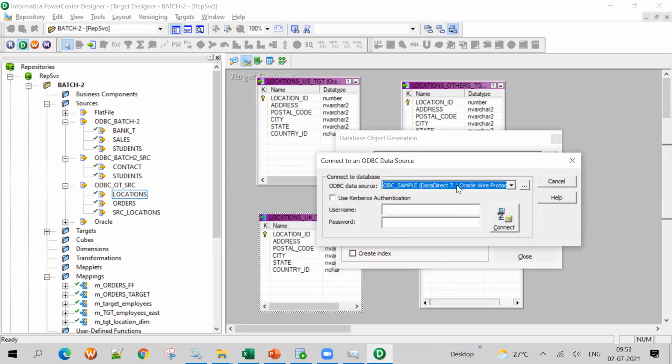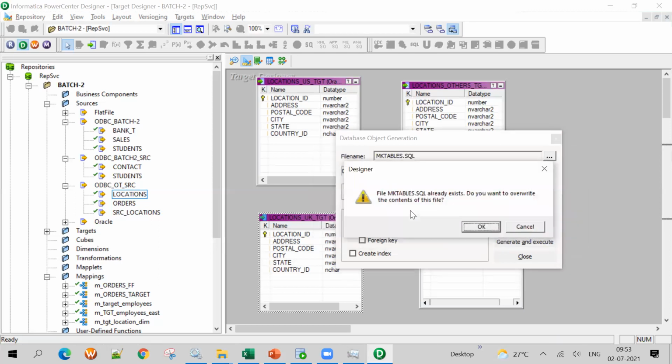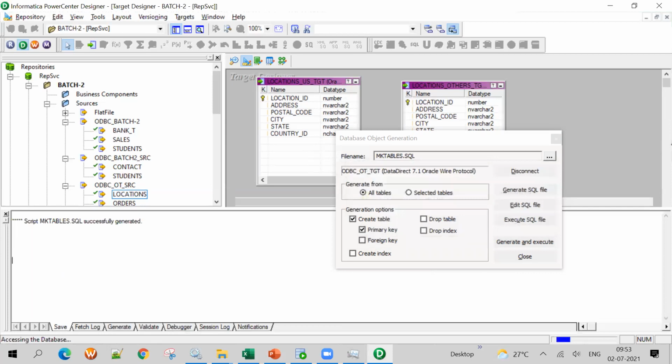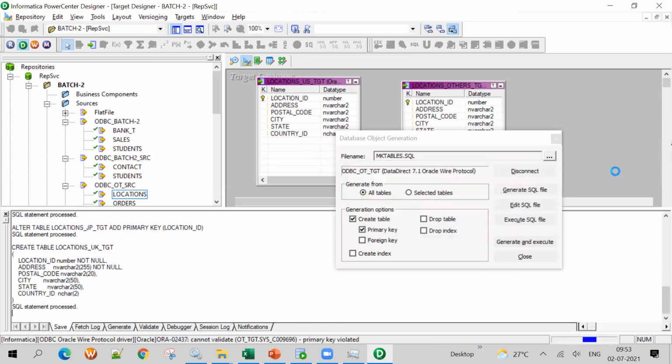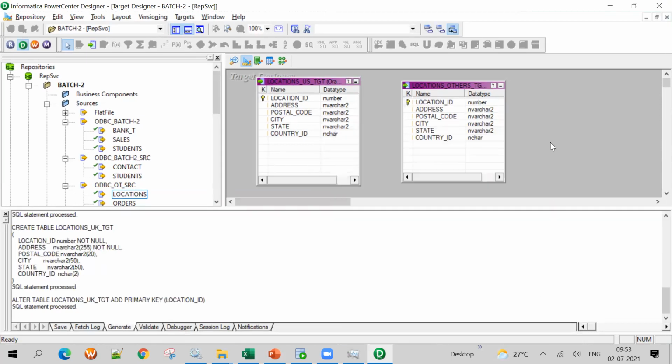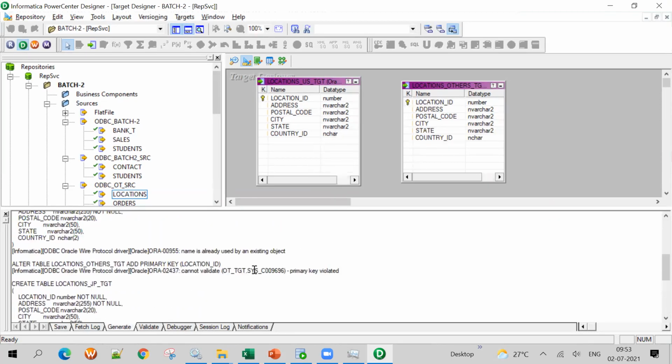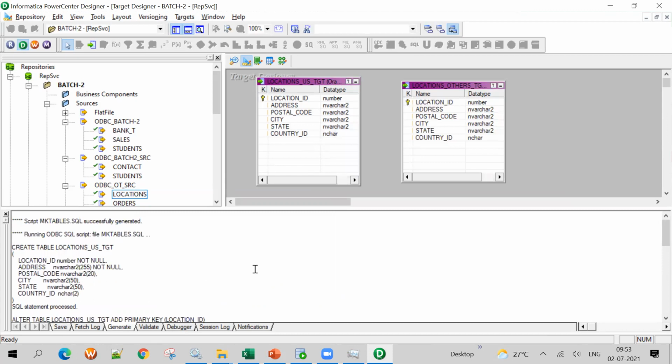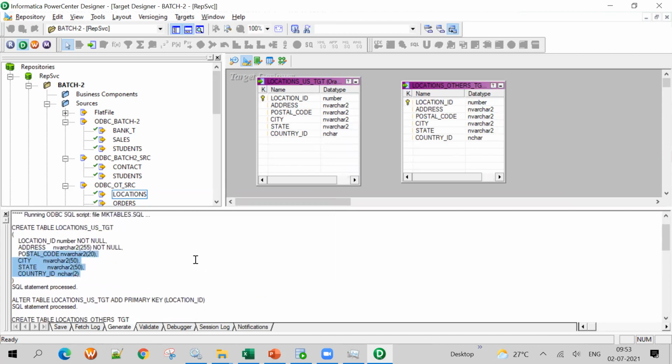Now generate and execute, ODBC TGT, TGT schema. My TGT schema is OT_TGT, password admin. It says it already exists. Do you want to overwrite? Yes. Now all 4 tables it will create at a time. Locations USTGT is created.